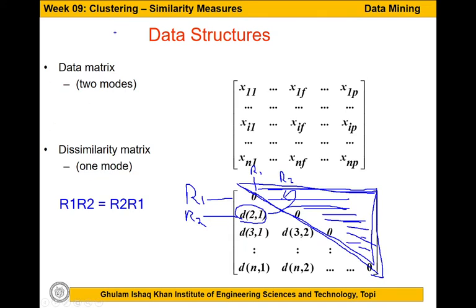So these are the two data structures which we will be dealing with after the pre-processing for the clustering procedure, right? So either we have the data matrix which is 2 mode, or we have the dissimilarity matrix which is 1 mode,